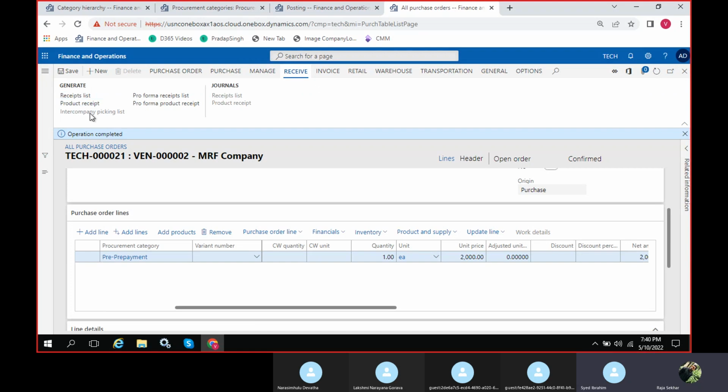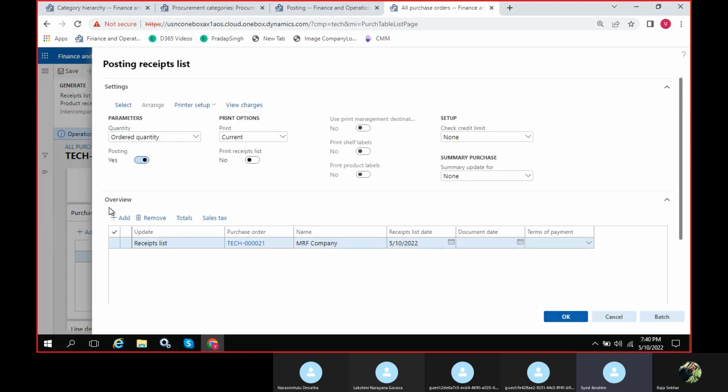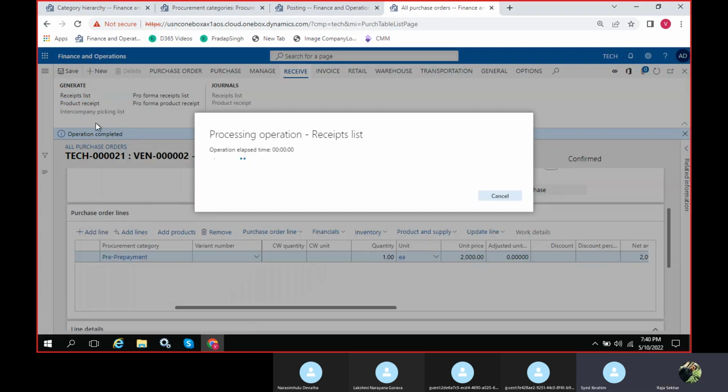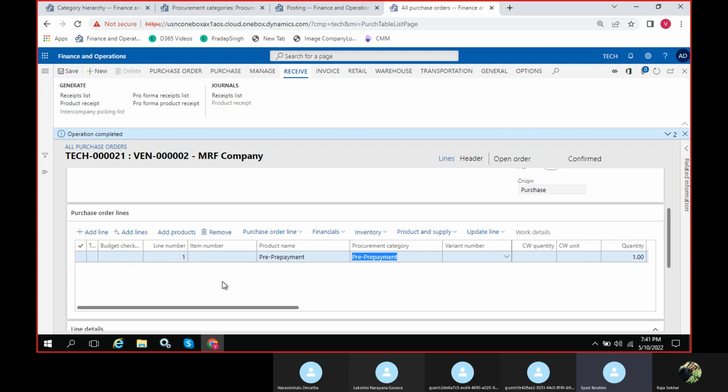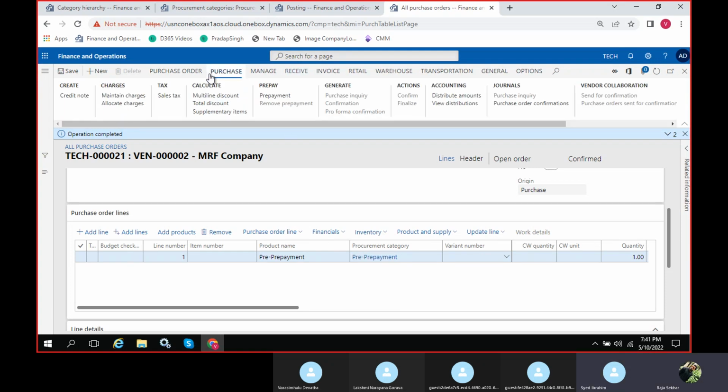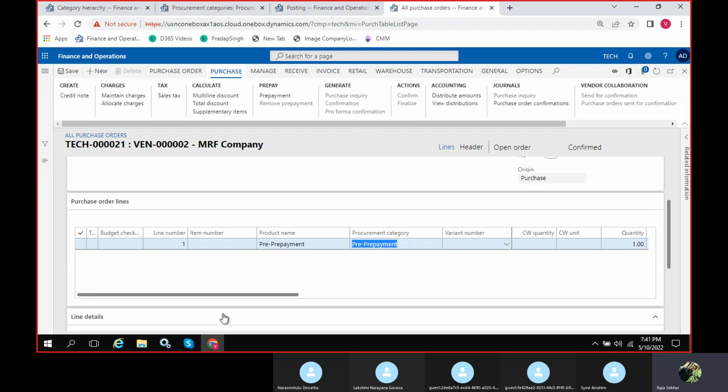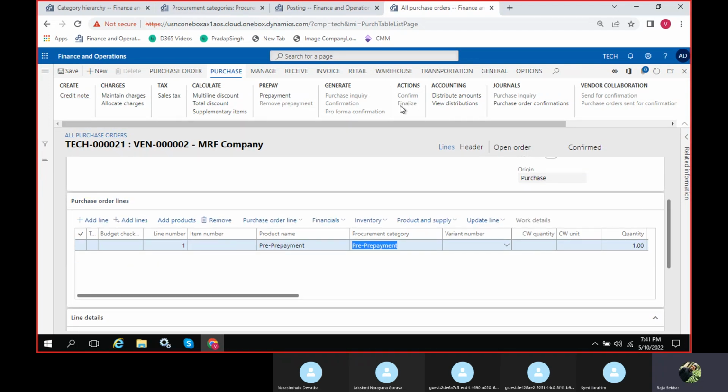Also Rashekar, here in actions, go back. You clicked on the confirm, right? There was one finalize option down there. Say this finalization is not required. So why this finalization?